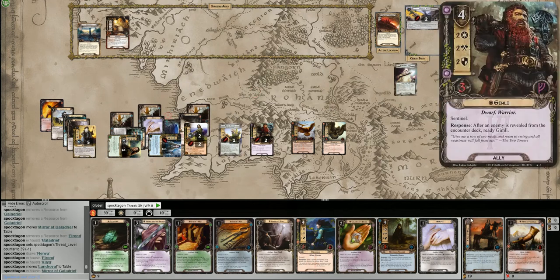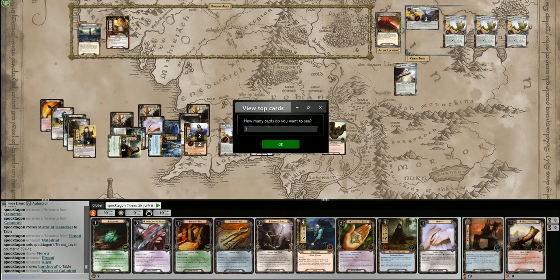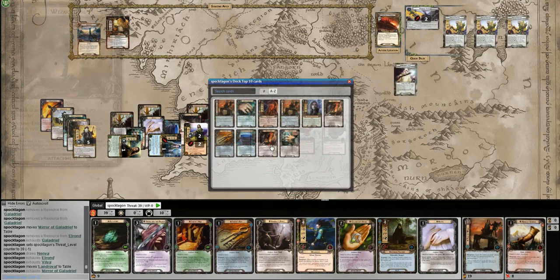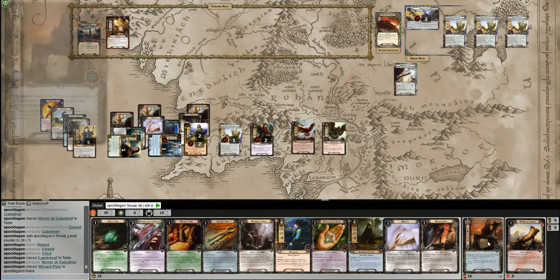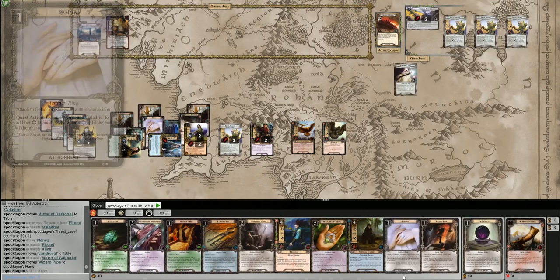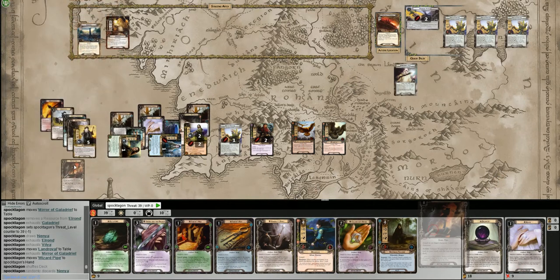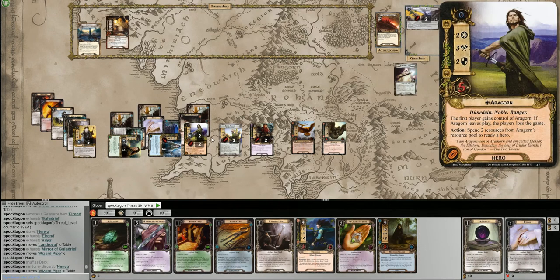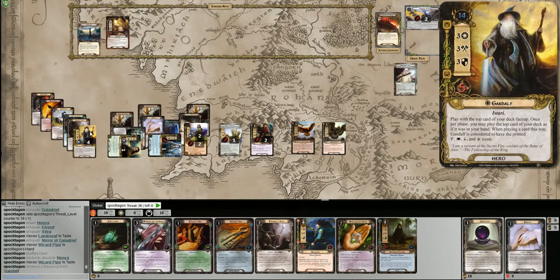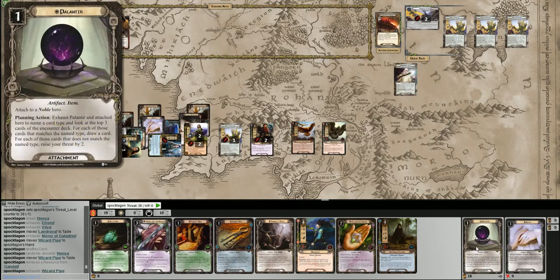The Mirror will go searching for a pipe. Come on, pipe. Yes, we get a pipe. And let's shuffle our deck, and please do not discard the pipe. Good. Okay. Pipe gets played down on Gandalf, who will gladly pay 1 for it, and then swap out the